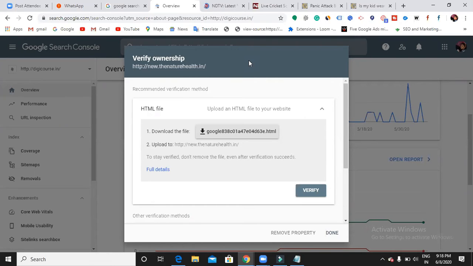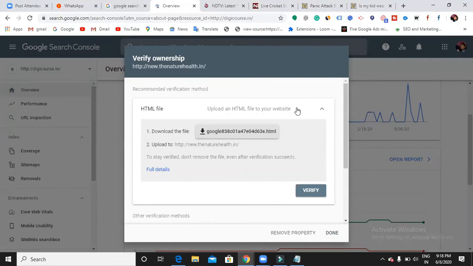If you have ownership or credentials of your website, you can do this, otherwise you cannot. Why? Because this is an authority from Google. Google is just verifying whether you have authority over this website or not.